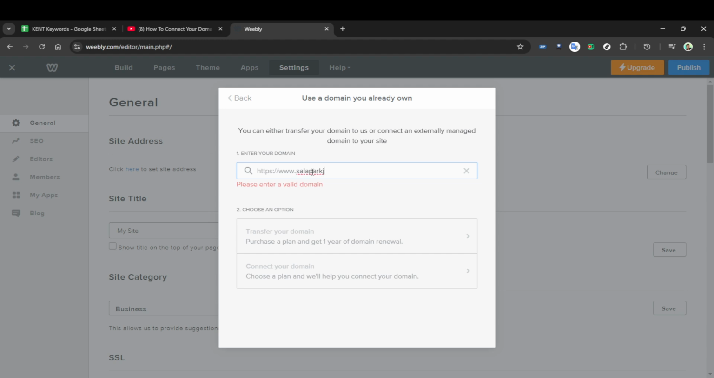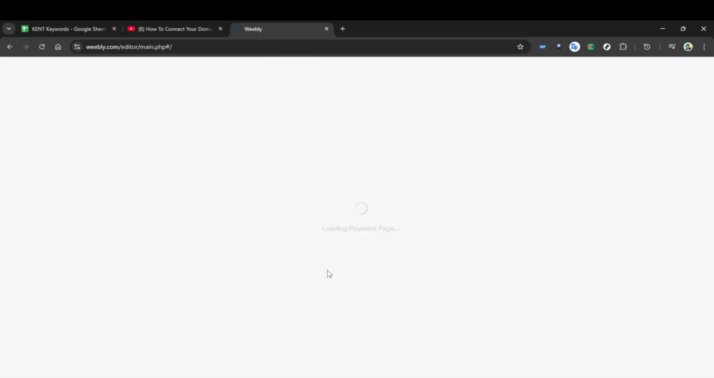Clicking on Change opens a prompt or a new section where you can either connect or transfer your domain to Weebly. For our purposes in this video, you'll want to select the option to connect or transfer it now. Once you've chosen to connect your domain, you'll need to enter your domain's name, the web address that you own,